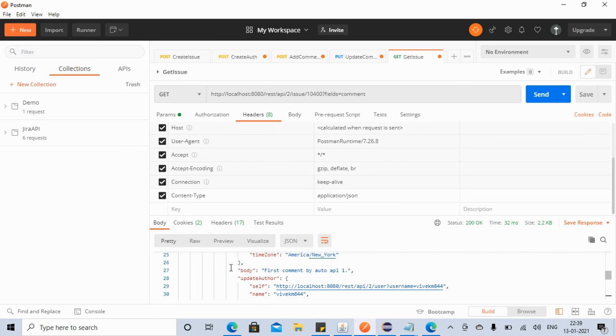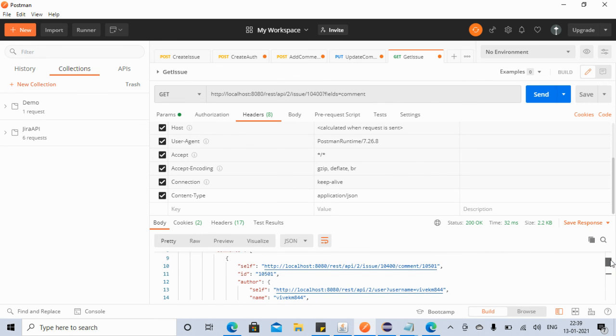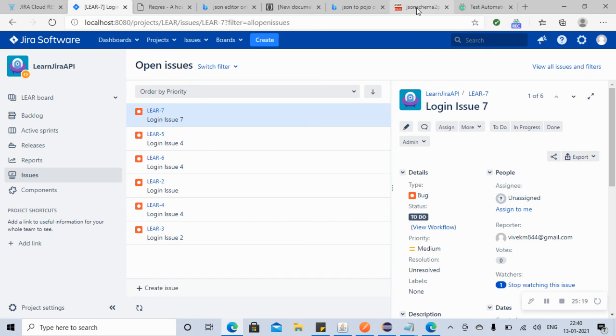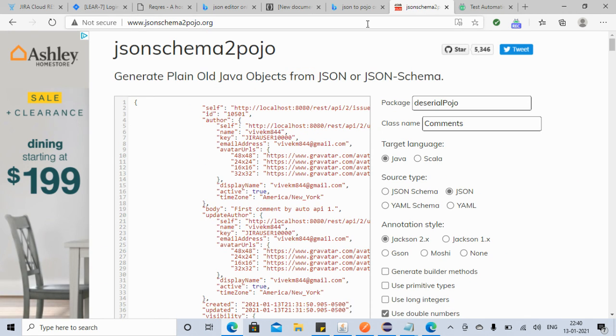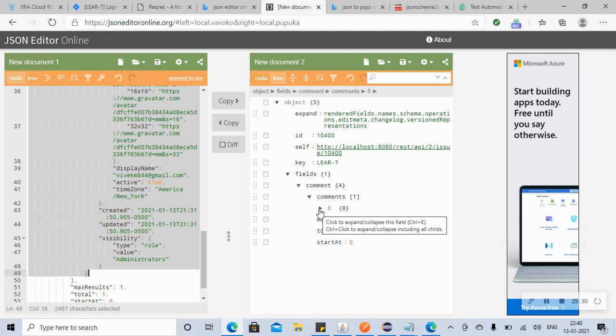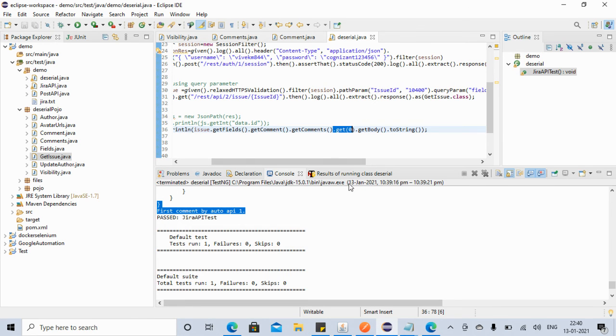Inside get 0, inside the first comment, you have to get body. If you see from this diagram, get 0, because there is only one comment. Once we say get 0 dot body, then we can change it to toString. Then we can see this.